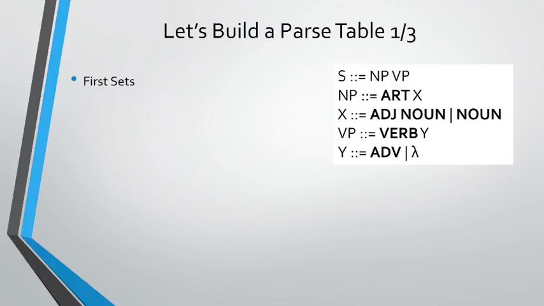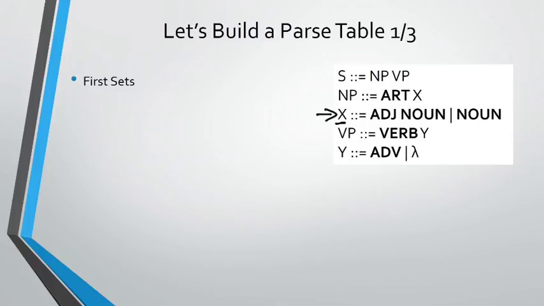And so what our first sets are telling us is that if some set of terminal symbols on the input stream could have been derived from a given non-terminal, our first sets indicate what we expect to see at the beginning. So for instance, if in a derivation of a sentence at some point this set of productions was used,